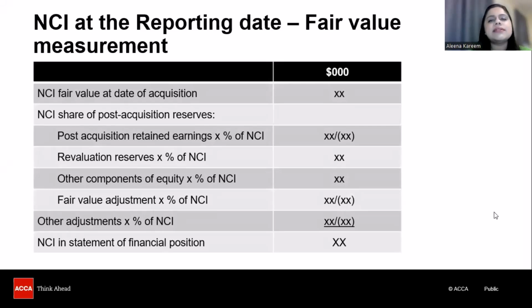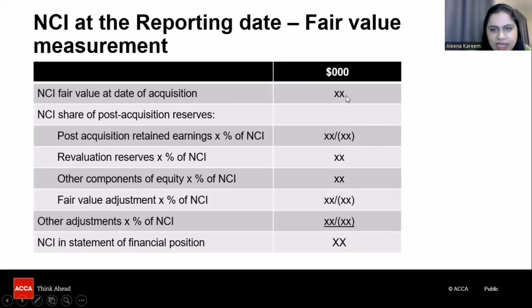Just like we discussed in the last slide, first of all, we have to do a line-by-line addition of assets and liabilities of the parent company and the subsidiary company without thinking what the percentage holding of NCI is. So assets and liabilities, no impact at all. It is equity where we try to remember that only a certain percentage is held by the parent company or the group. The remaining belongs to NCI. And that is where in the equity, we recognize this NCI at the reporting date. So over here, if we talk about the calculation of NCI, it's very simple if we are using the fair value model. That's very important that if we are using the fair value model, then in the NCI, the fair value at the date of